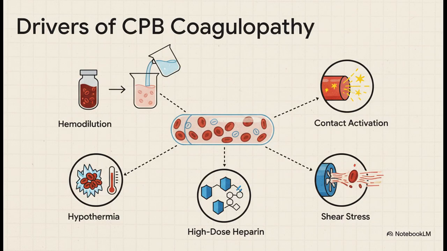It's a perfect storm of issues, which is exactly why we need a proactive, integrated blood management plan, usually guided by something like TEG or ROTEM. Okay,